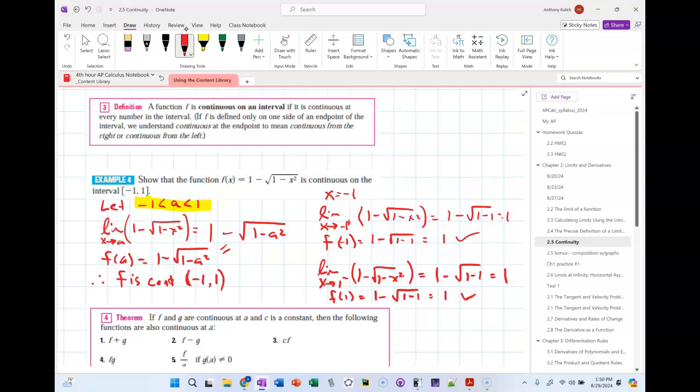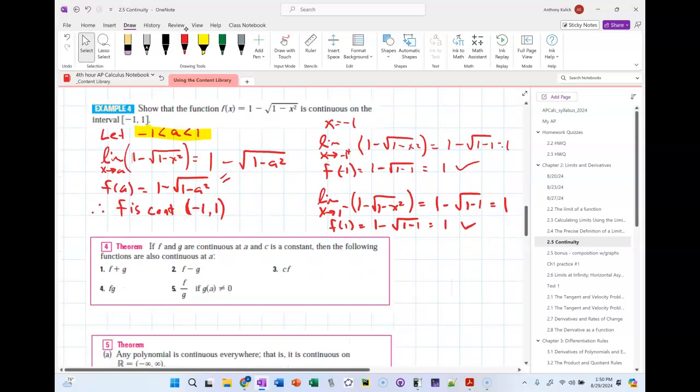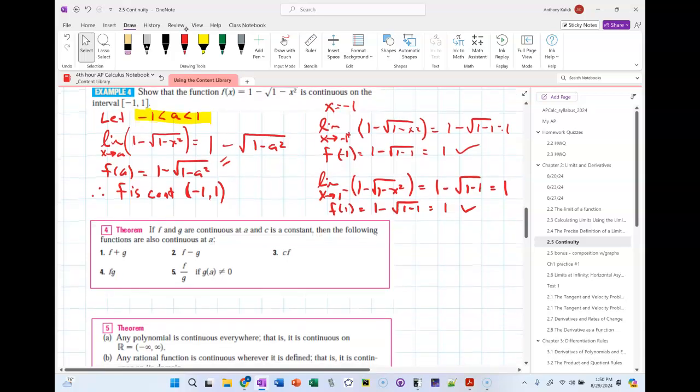But that's the trick, if you have to check an entire interval to do something like that. Okay. Now, in general, we would prefer not to have to check every function for continuity. So we're going to create some rules or some theorems for continuity that allow us to speed through that a little bit. So if f and g are continuous functions at A, and c is just a constant,